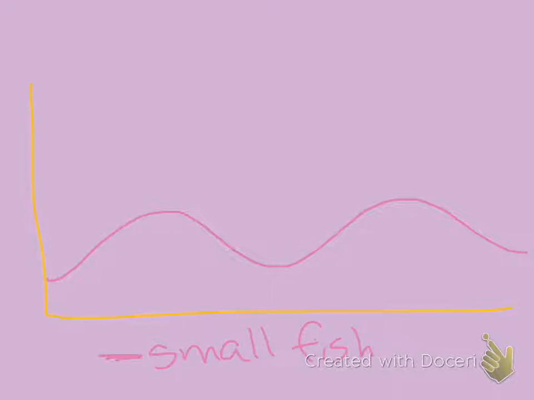And then what was it that was eating the small fish? Some kind of bird. Eagle. So if the population of small fish goes up, then the things that eat them will go up here. And then they'll start going down because a lot of things will be eating them, and then what eats them will go down. Are you supposed to draw that? You don't have to draw this, no.